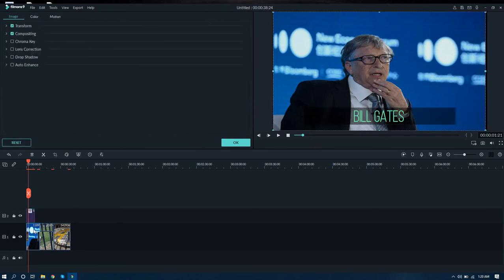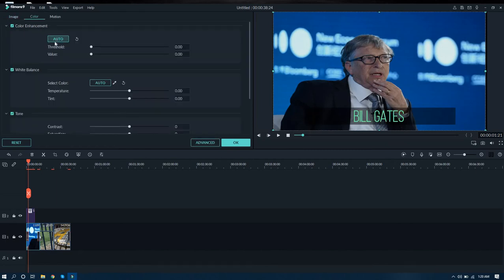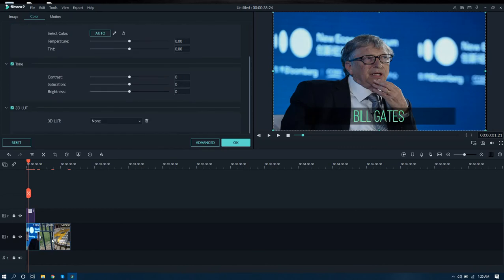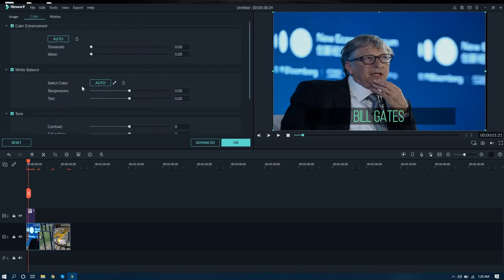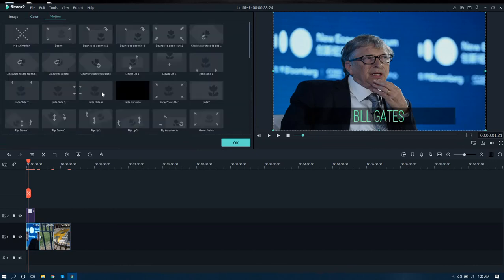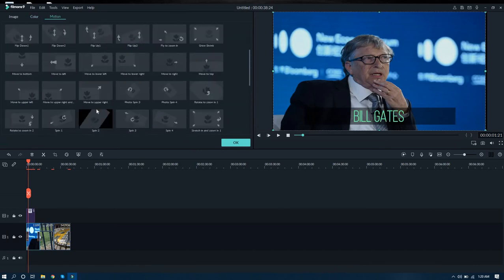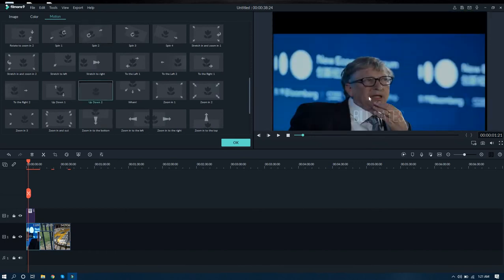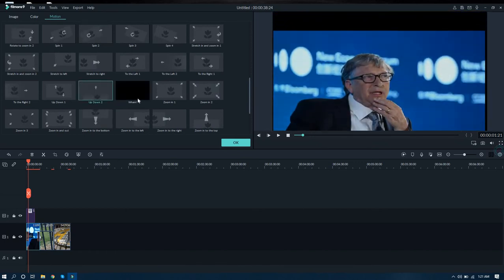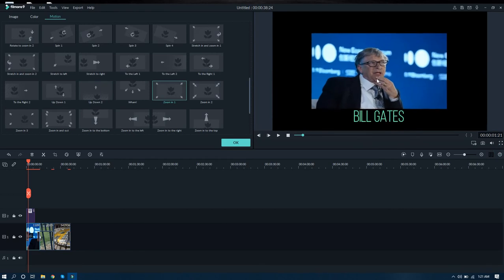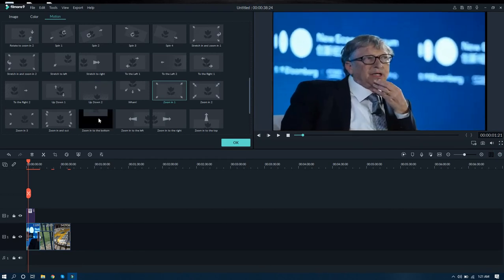And now if you want to control the motion, here you can see the image. We can edit the images which we are using, and if you want to do any color enhancement or any tone change for your image, you can choose this and change the colors. And if you go to the motion, you can see if I select any particular motion from here, whenever we play the video, this particular image will pop up like this.